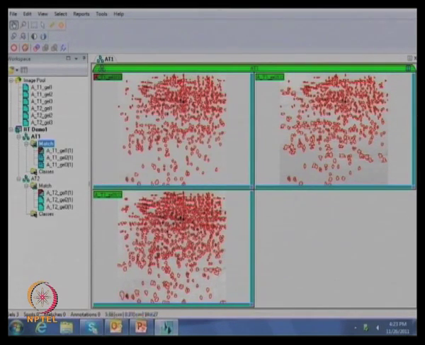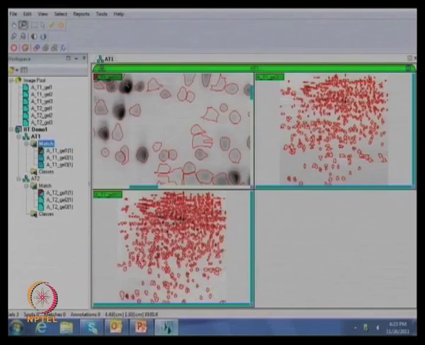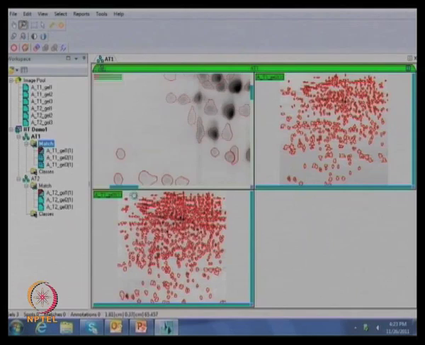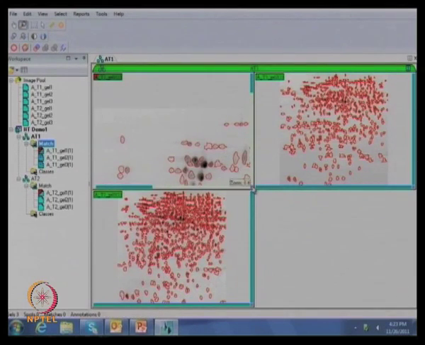If you are satisfied with this particular detection, then it's fine. Otherwise, maybe we should zoom in on a region and see. Yes, exactly. I'm going to do the same. Now you can zoom in on this particular region. See how the spots are bounded, as well as how the detection is. Can you apply the same zoom parameter for all the 3 gels? Yes, definitely. First come back to original.